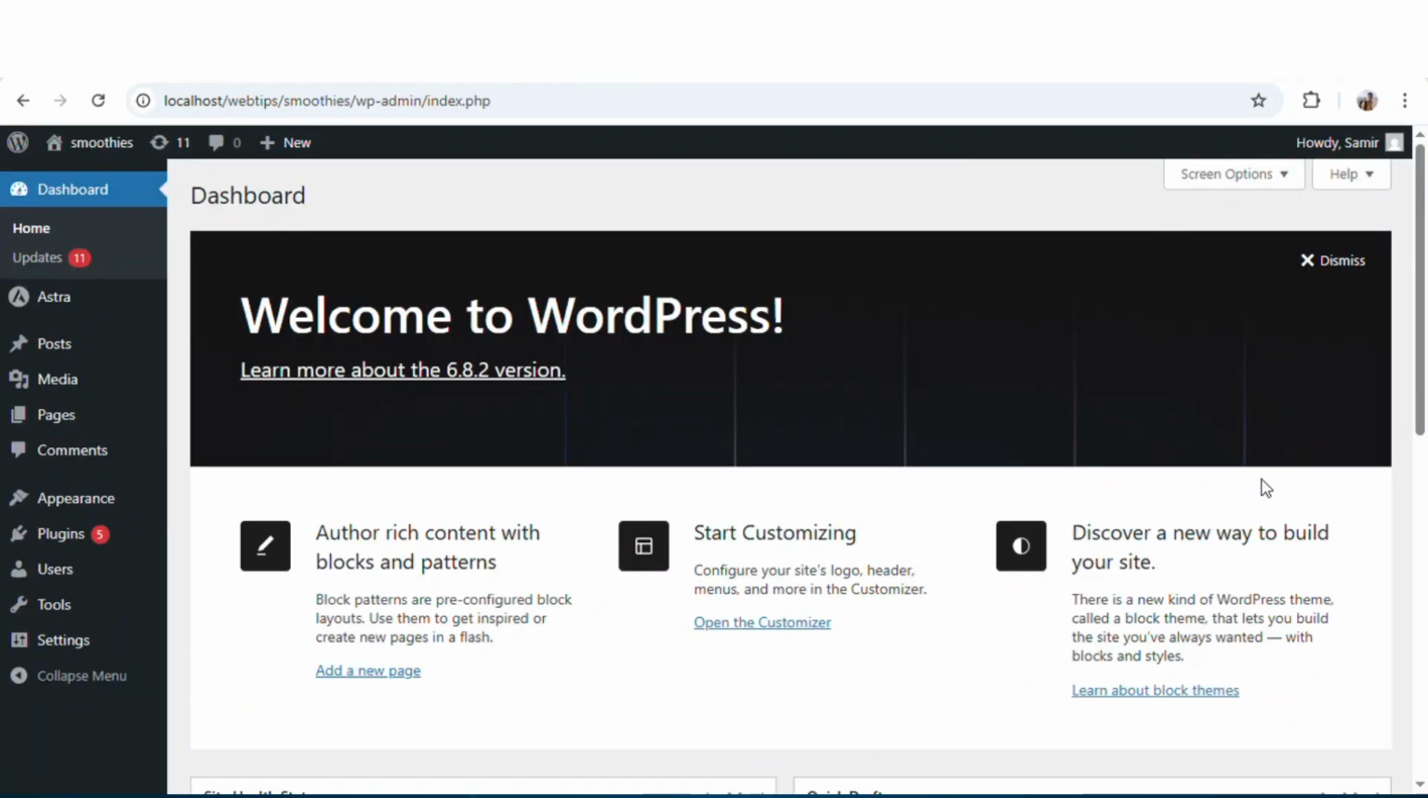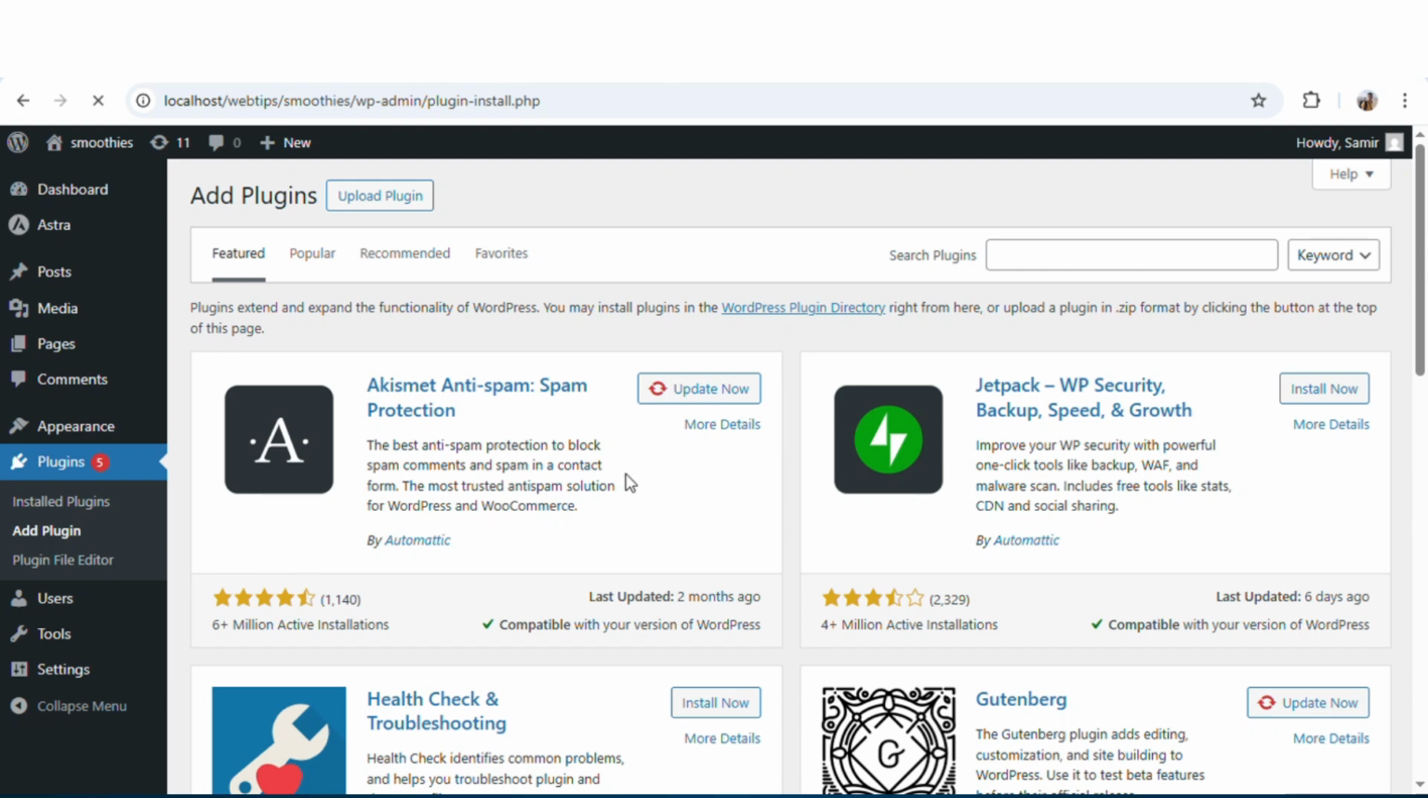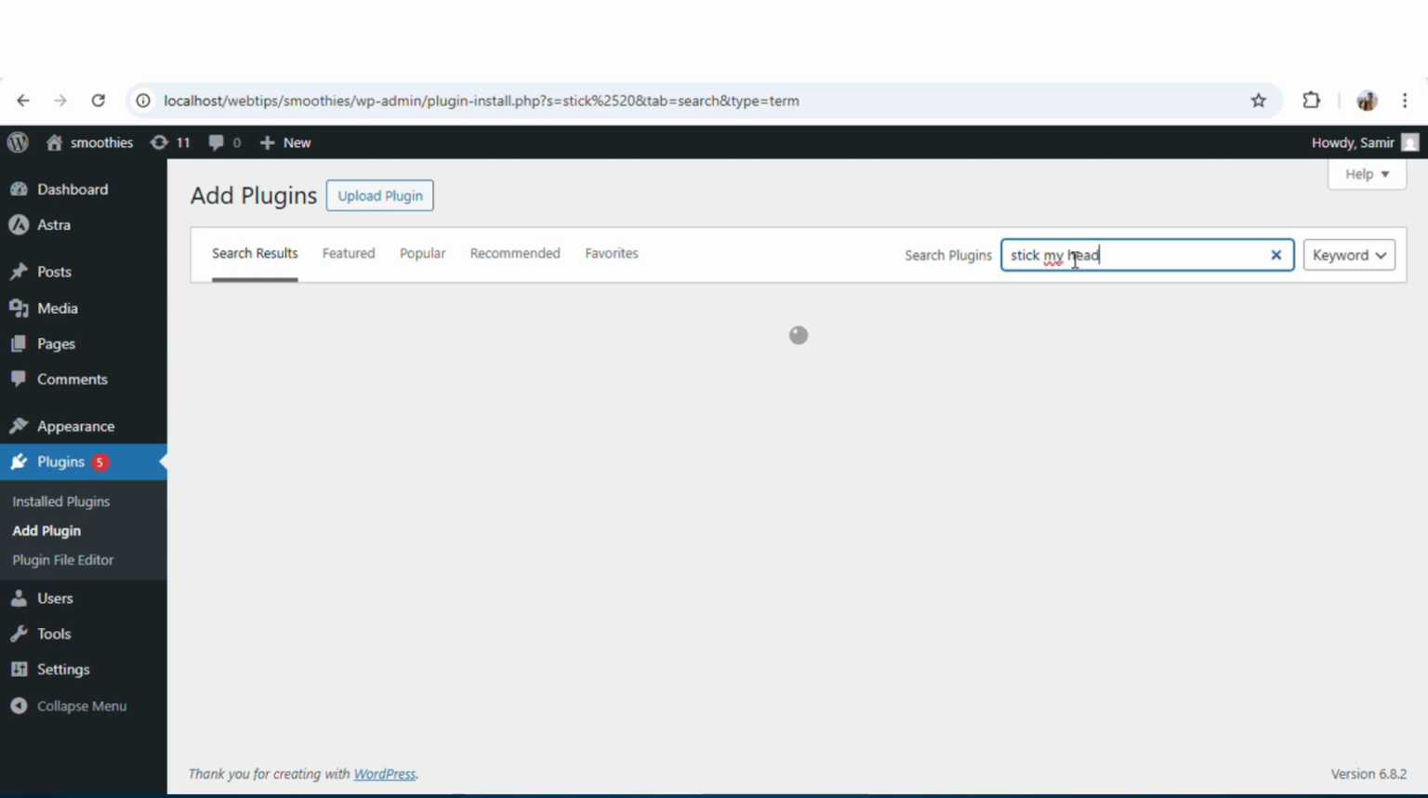So first, open up your WordPress admin interface. Then go to Plugins, then Add Plugins. Then right on the search bar, type Stick My Header for Astra. Then wait a little bit. Once you see the plugin displayed,